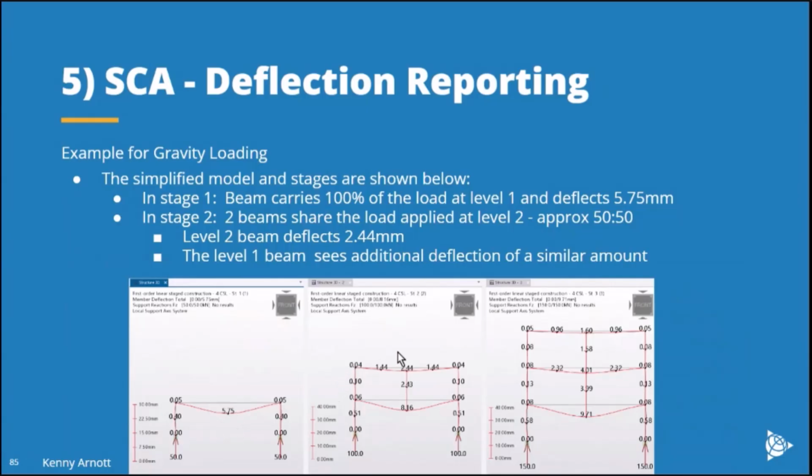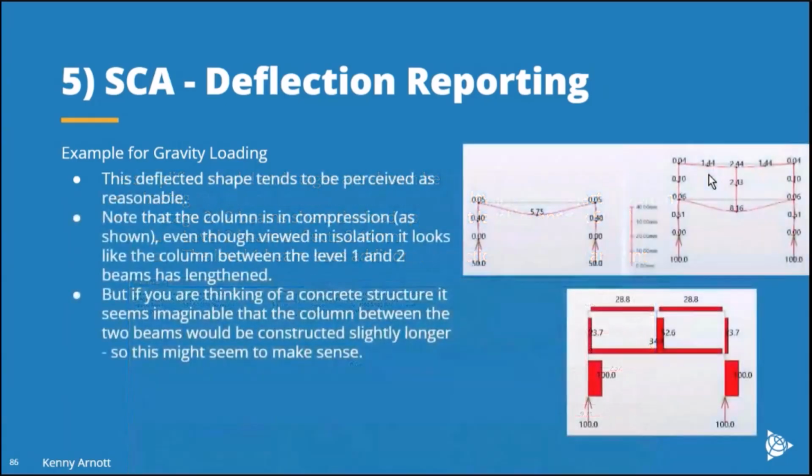I then build stage 2 and load it. When I do that, the beam in stage 2 deflects, but the load is getting shared with the beam in the level below. So it also deflects, and its deflection goes up to 8.16, and so on when stage 3 gets built. So just looking at that a little bit more in detail, stages 1 and 2,